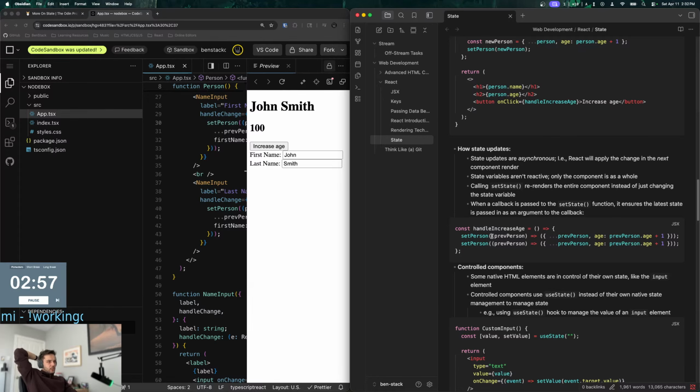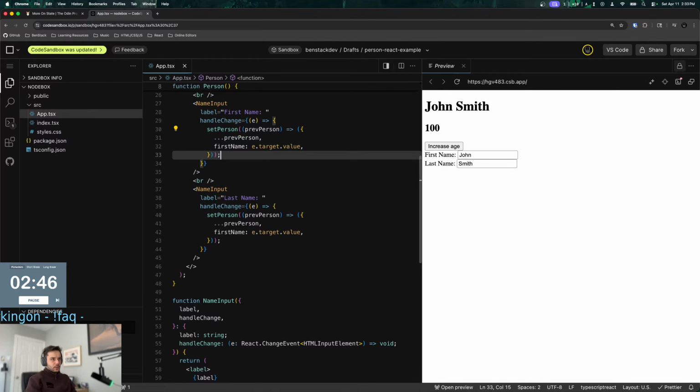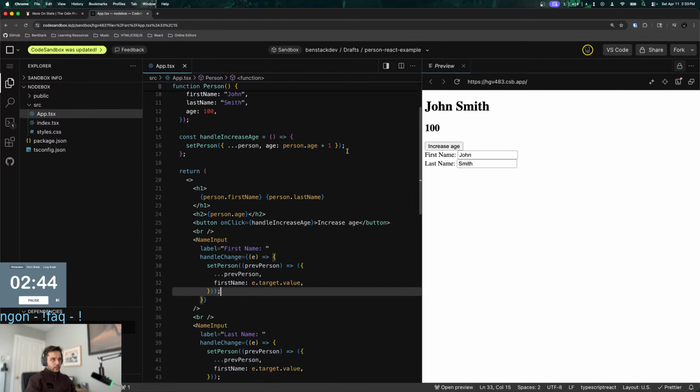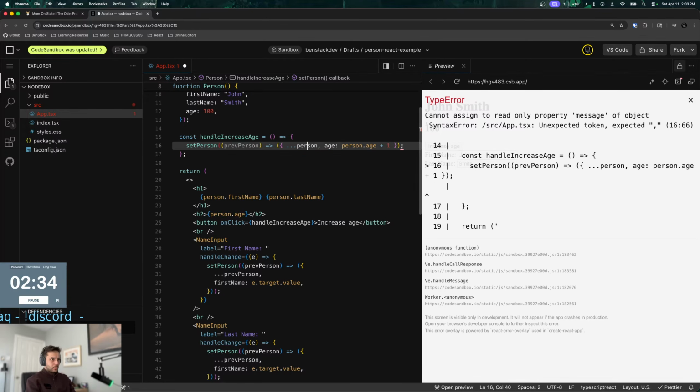So this would change the person's age twice, right? So if we did that like this, so if we did 2 of these in handle change, sorry, here. So if I refactor this to this, I didn't know putting this in brackets though would implicitly return it.